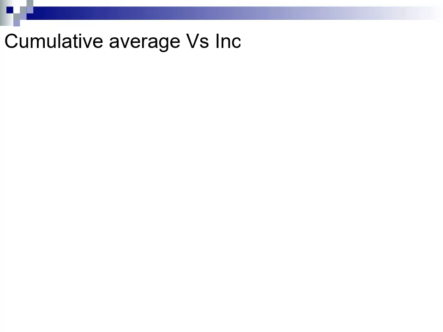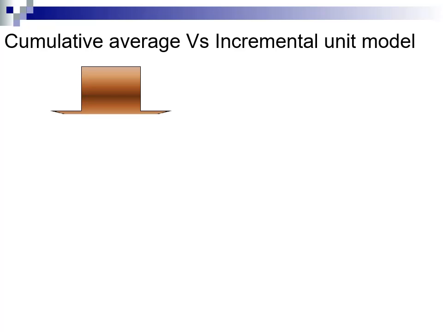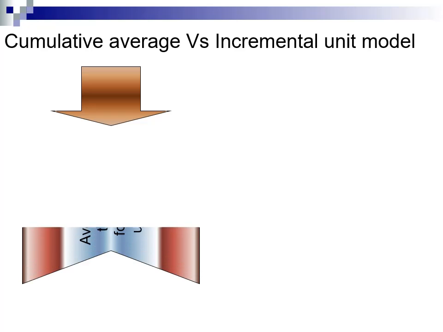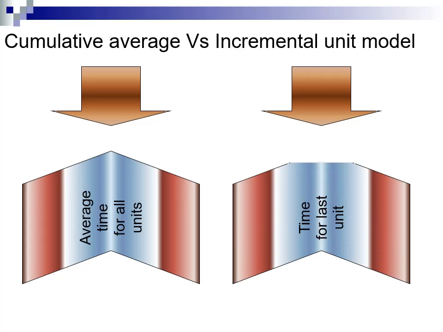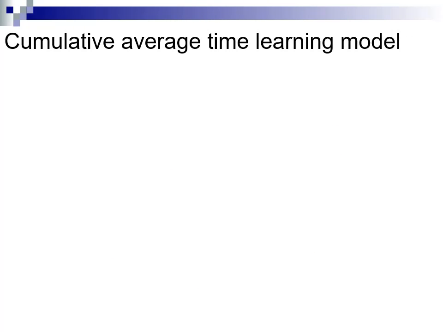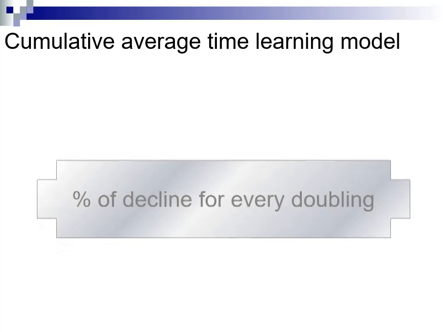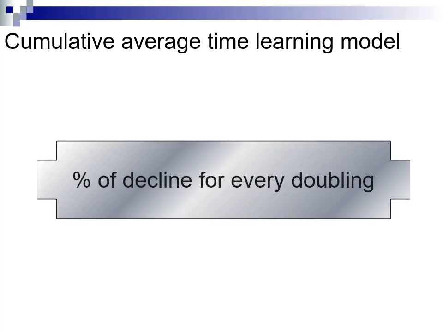Cumulative average versus incremental unit model. The cumulative average time learning model assesses the average time per unit required to produce a specific number of units, while the incremental unit time learning model assesses the time needed to produce the last unit produced. The concept of the cumulative average time learning model relies on a constant percentage of decline in average time per unit